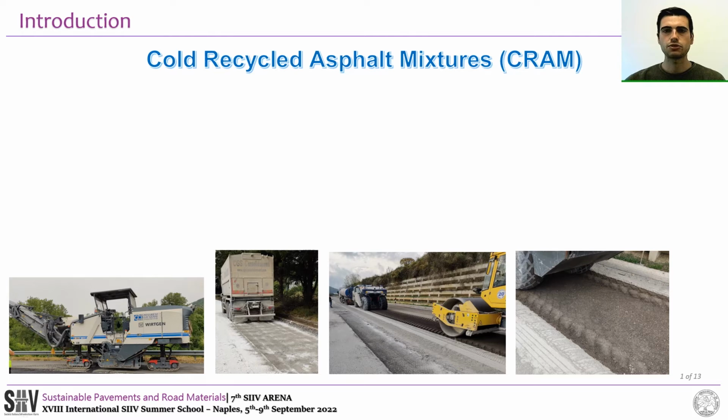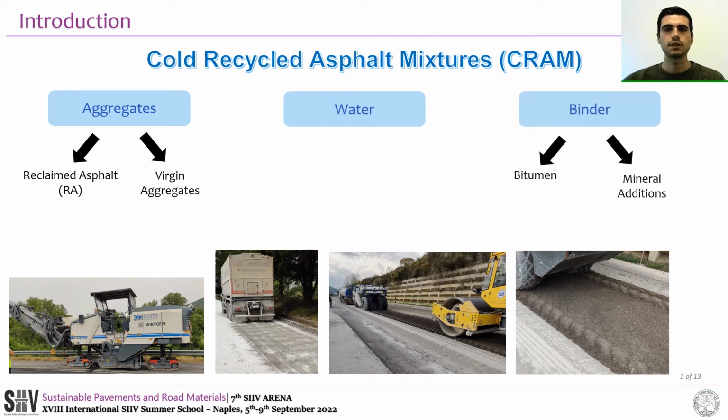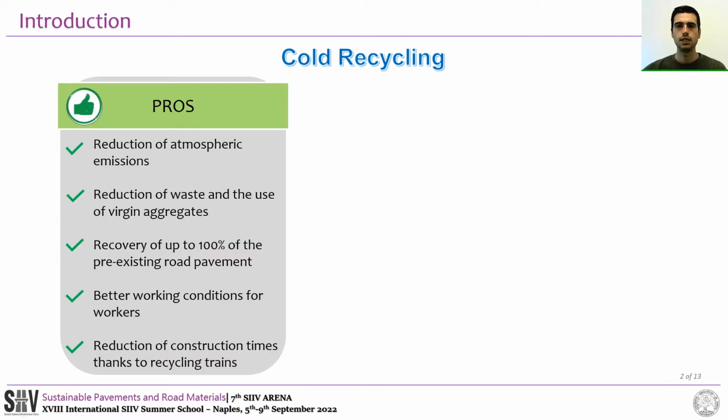Cold recycled asphalt mixtures are made with aggregates, reclaimed asphalt and/or natural aggregates, water and binder. In particular, the binder is made up of mineral addition and bitumen, that is emulsified bitumen or foamed bitumen. The cold recycling techniques lead to several environmental advantages, that is a reduction of atmospheric emission, reduction of waste and